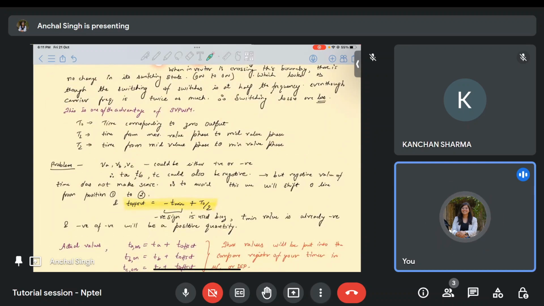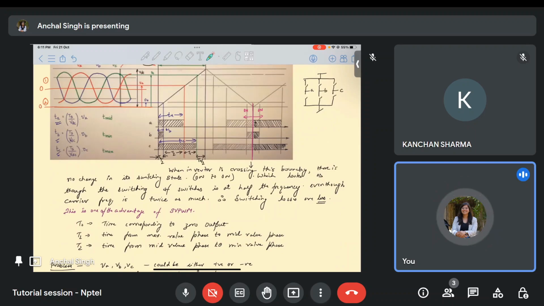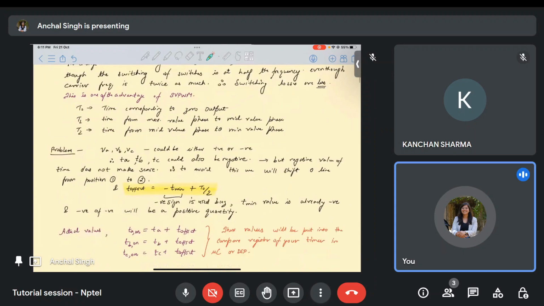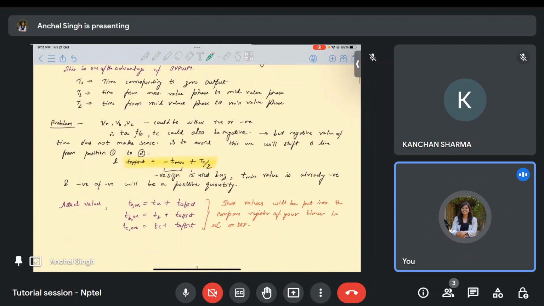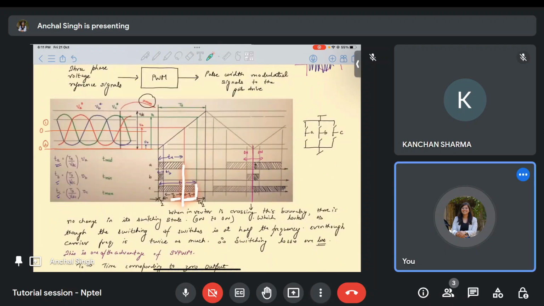T1 is the time from maximum value phase to mid value phase. So T1 is here, maximum to mid value. So this is T1, this is T2. We are just assigning these time periods in order to obtain them based on TA, TB, and TC. And what happens here is, since the zero,